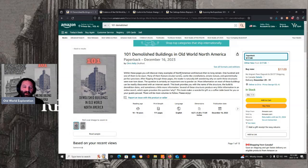And while we're at it, why don't I recommend a few more, if you haven't already considered purchasing these from other content creators in the community. Let's start with Evidence of the Old World by Jon Levi and David Edwards. I read this one recently. Definitely an exhaustive